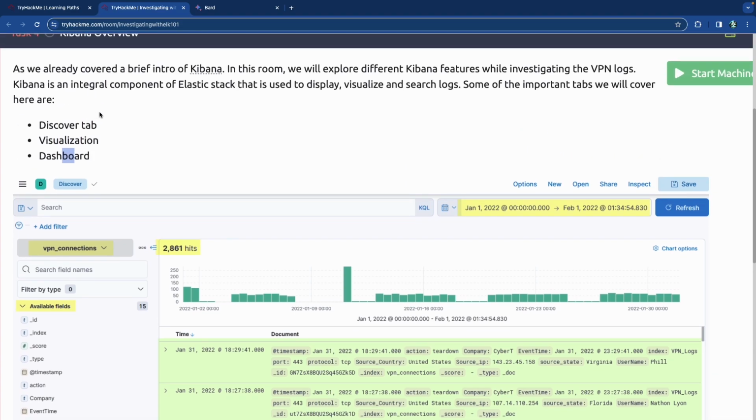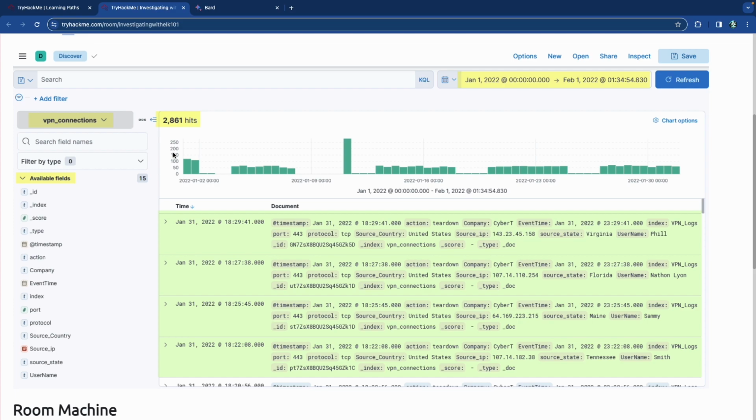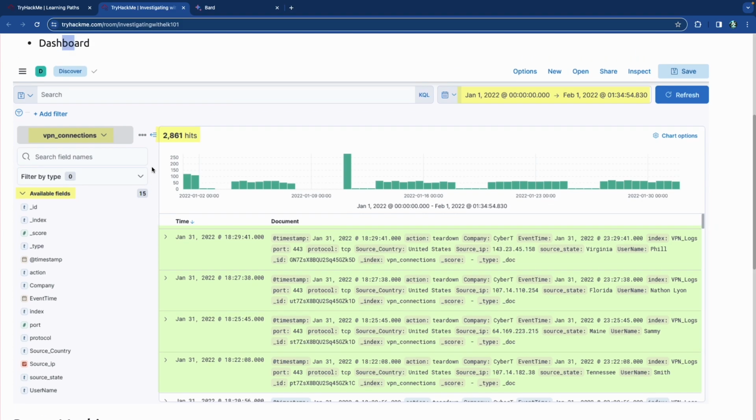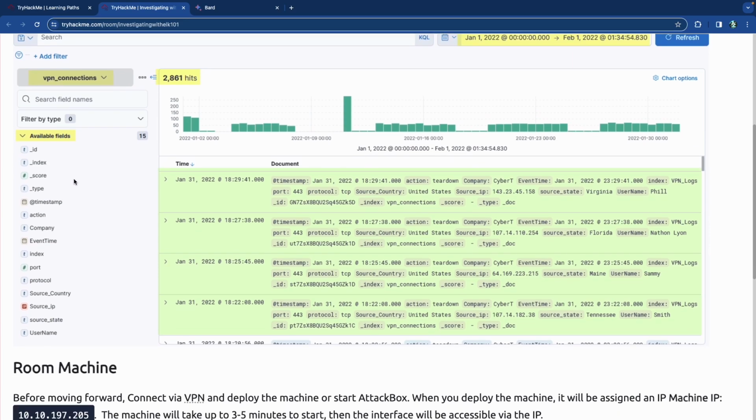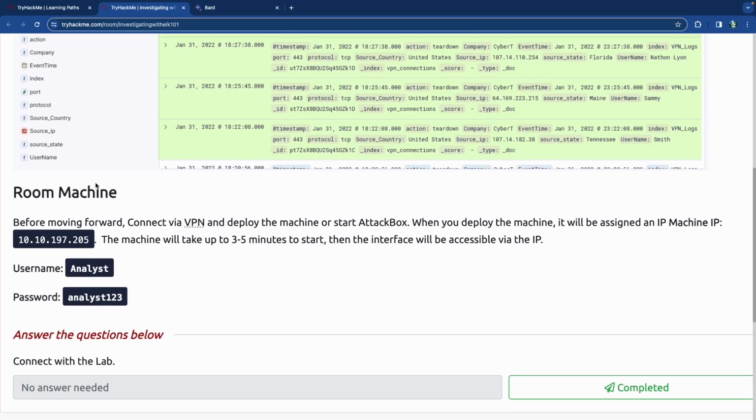If you've ever seen a log before, it's really not fun to look at a log. It's very overwhelming, especially if it's a big log that has thousands of lines of events that has been collected. So you like things like this, something that visualizes everything for you and organizes it, and it's visually pleasing compared to a log file. But then you can do a lot of really neat filters, like just a timeline filter. Just to be able to filter things by time is super useful. But then you can add a bunch of different types of fields and filters to it, and it's just so much more useful.